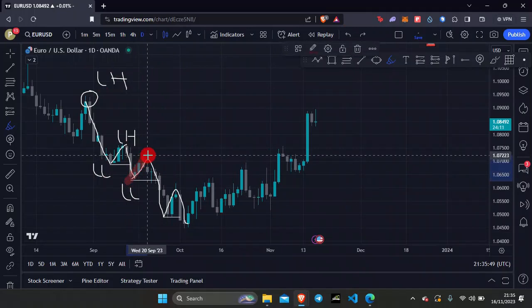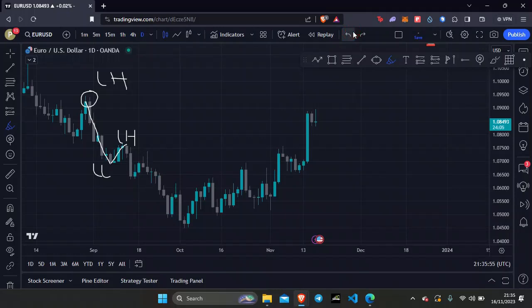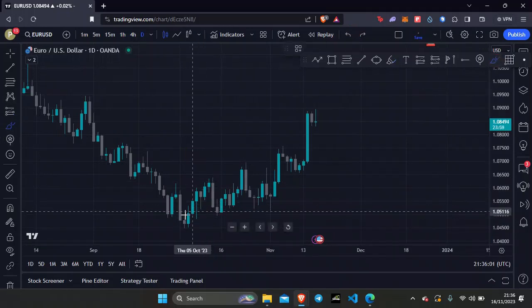Again, we get a lower high, we get a lower low, we get a lower high, and we get a lower low, right? So that is a bearish market. Okay, so let me remove the drawings off the screen, and now let's move over to what happens next, which